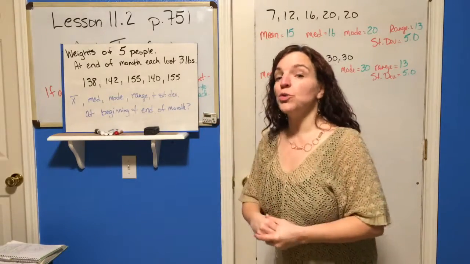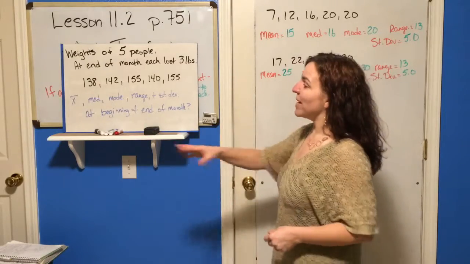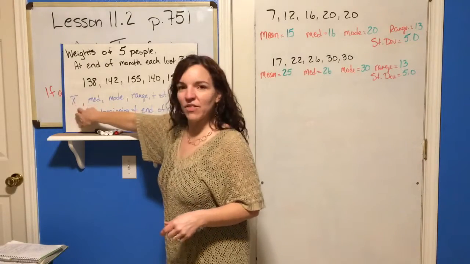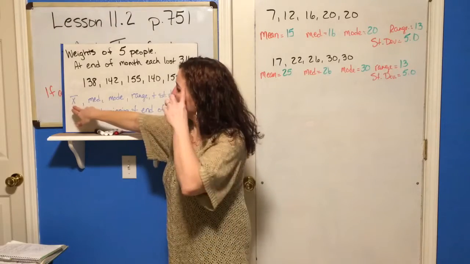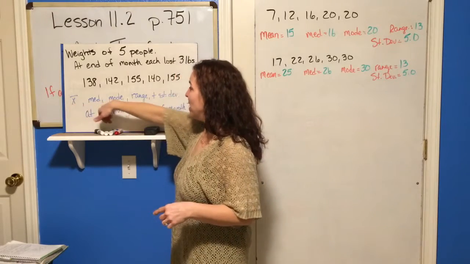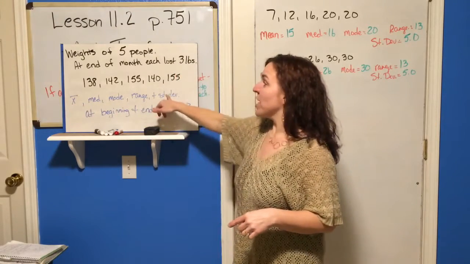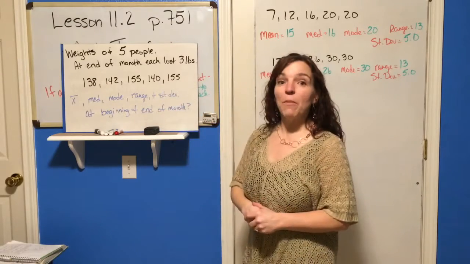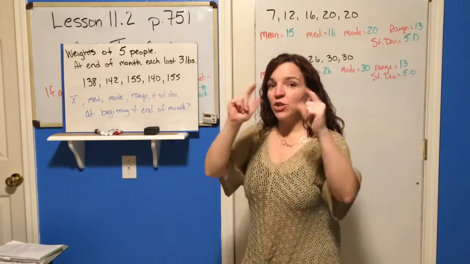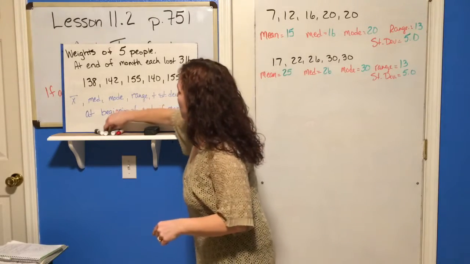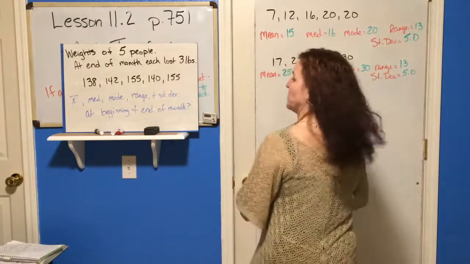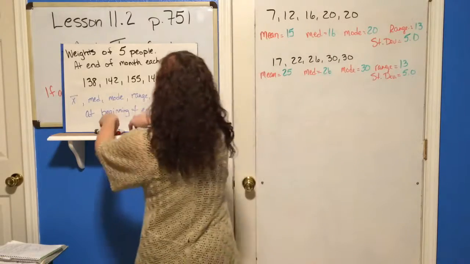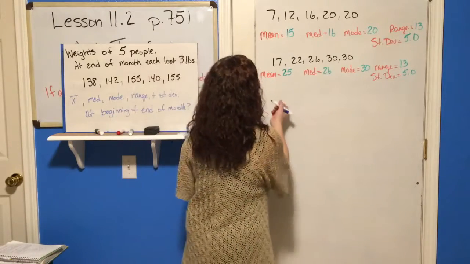So what I want you to do is find the mean, and now remember, I haven't been using this, and I thought, oh, I need to start using it so you remember what that means. The mean, median, mode, range, and standard deviation. I want you to find those amounts at the beginning and at the end of the month. All right? So if you think you got it, go ahead quick and see if you can get ahead of me. And here we go. Oh, let's use blue because I like blue. All right, so the mean,